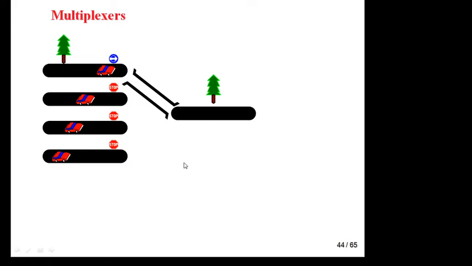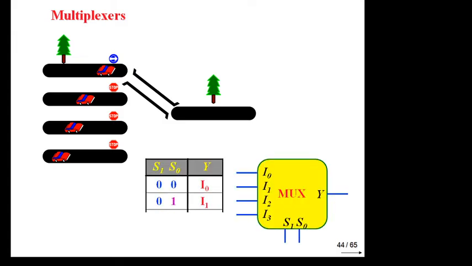So you have to remember, in a multiplexer there are 2 to the power s inputs, one output and s select lines. This is your select line. If there are two select lines, 2 to the power 2 means 4 inputs and one output. This is an example of your 4:1 mux.